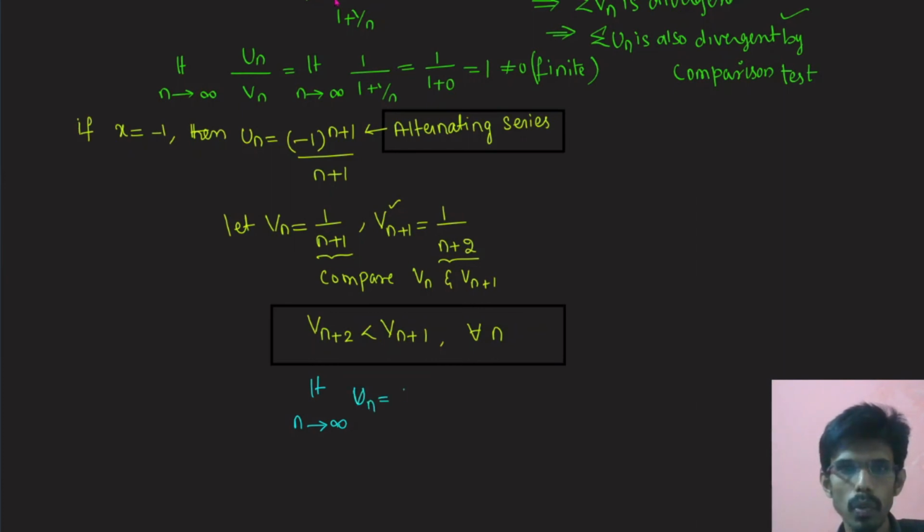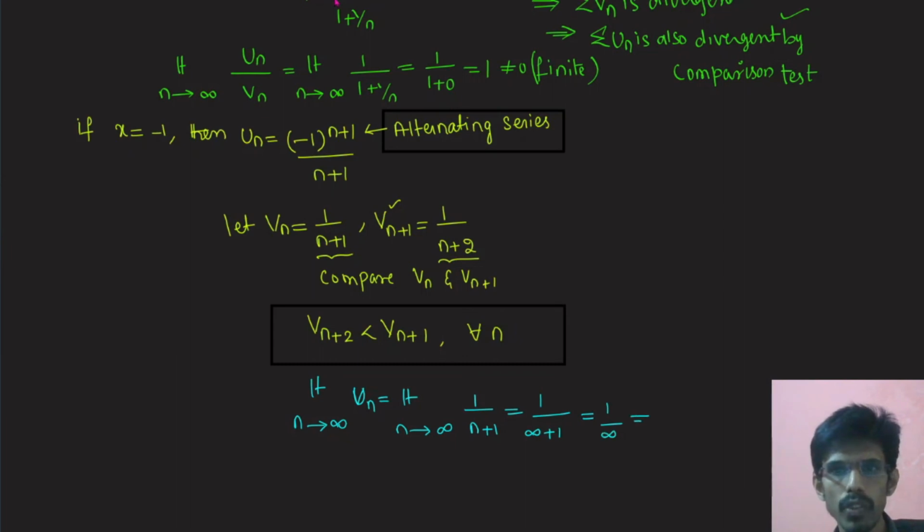So take this vn value, that is 1 by n plus 1. If I put the limit infinity plus 1, that will be 1 by infinity, which is 0. Since x equal to minus 1 with un equal to minus 1 power of n plus 1 by n plus 1 satisfies all conditions of the Leibniz theorem,